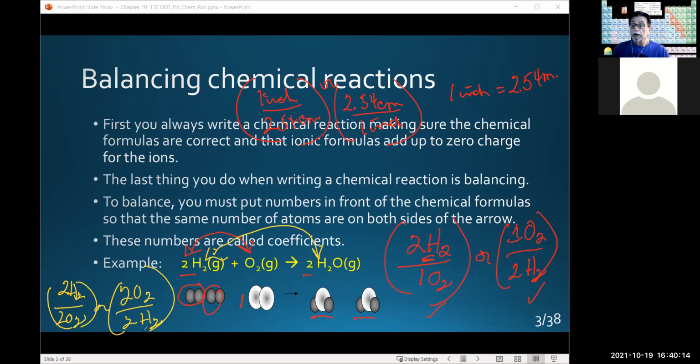Obviously the 2's cancel, and if you see that, it could be 1-to-1. That's okay, that's correct. But if you don't see it, leave that 2 in there until you're comfortable with it, and then you recognize it's a 1-to-1. If it's a 2-to-2, 3-to-3, 4-to-4, 1 million to 1 million, that ratio is still 1-to-1, okay? So that's the ratio between hydrogen and water. Yes, and also we got one more ratio, and that is between oxygen and water, okay? Which means I got 1 oxygen over 2 H2O, or 2 H2O